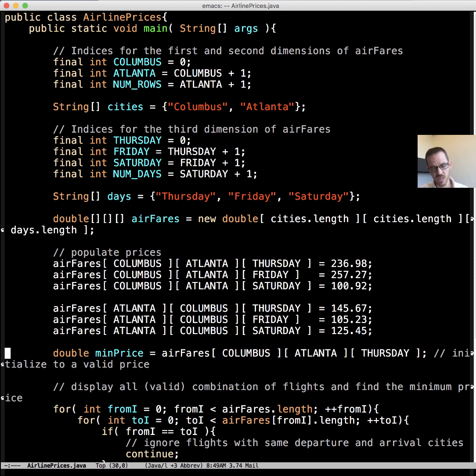And we can't just use a really large number, because what if the prices exceed that? Maybe we could have used max double, that would have worked. But alternatively, what I did here is I just used the first valid price, from Columbus to Atlanta on Thursday. Notice we didn't populate Columbus to Columbus on Thursday, and so that is going to default to 0. Truth be told, I actually did that and then realized it was wrong, but I won't even mention that.